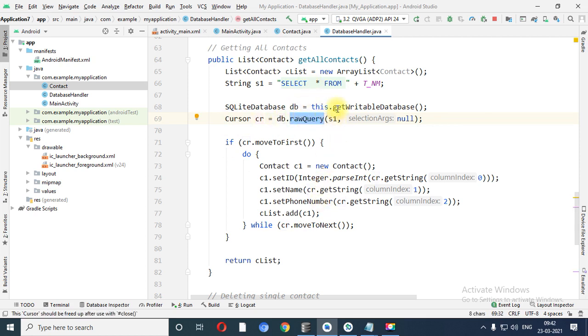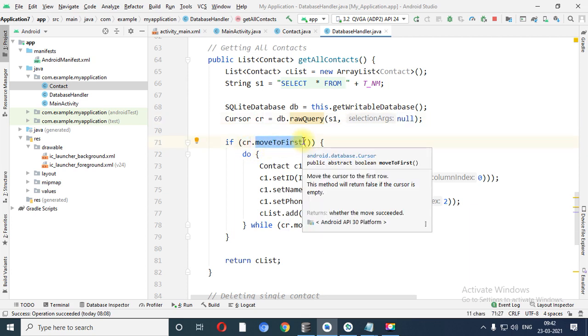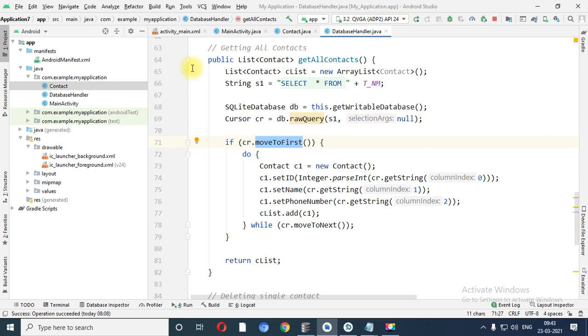Which query do I need to use? Select star from TNM, and selection arguments, first time it would be null, then it will copy the first record, right?